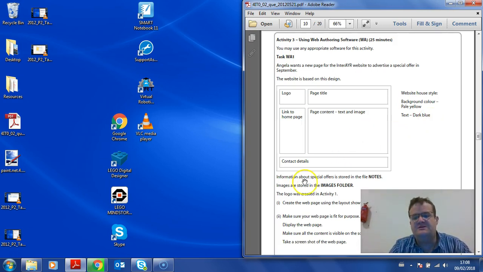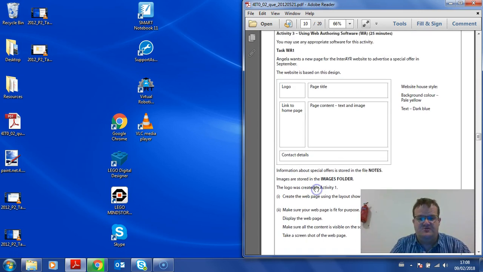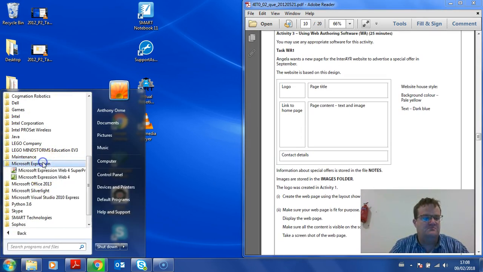The information for the special offers is stored in the file notes, and the images are stored in the images folder, plus the logo we created earlier. Create the web page using the layout shown in the design. So, I will open up Microsoft Expression,